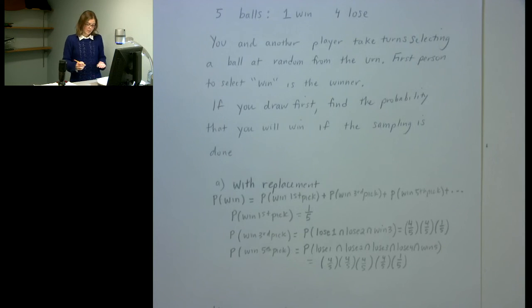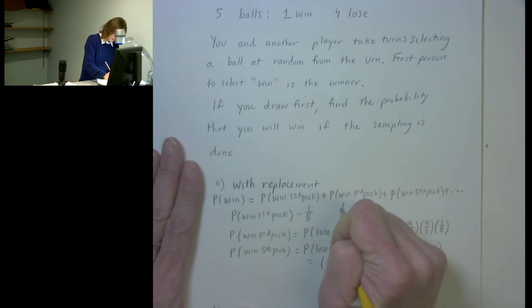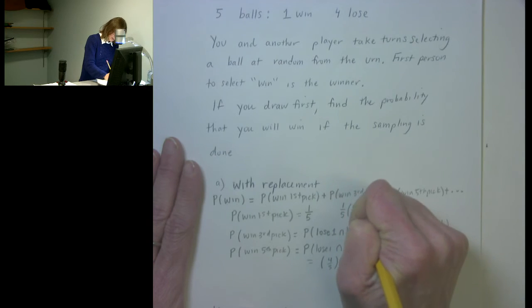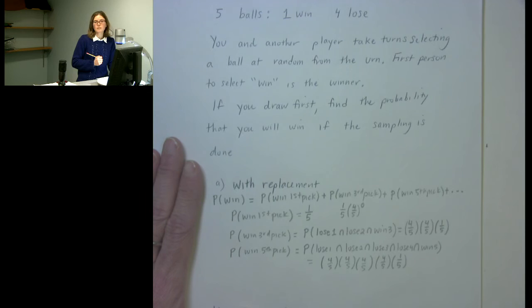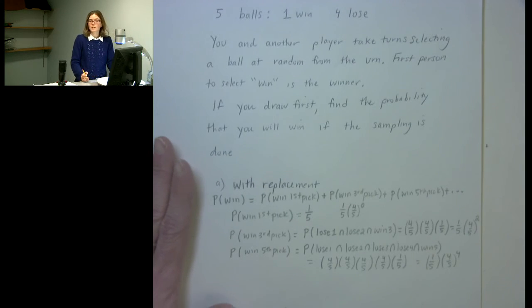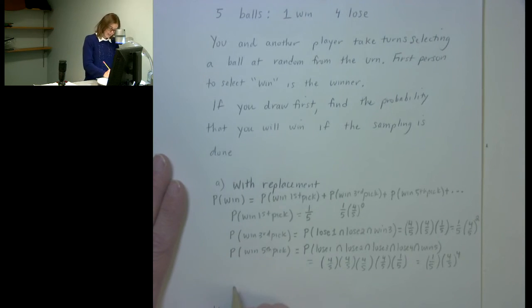So in general, we've got 1/5 times, we can think of this as like 4/5 to the 0 power, right? No losers. Here we've got 1/5 times 4/5 to the 2nd power. Here we've got 1/5, one winner, times 4/5 to the 4th power, because there are 4 times losing. So if we think about this pattern continuing off to infinity, then the series we're going to be looking at